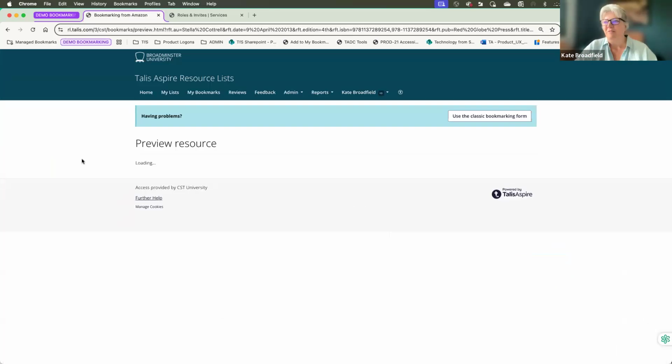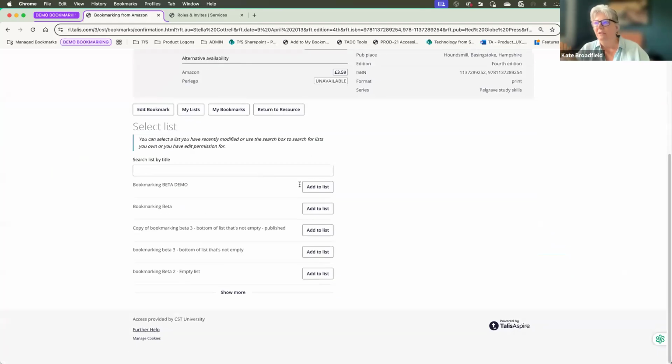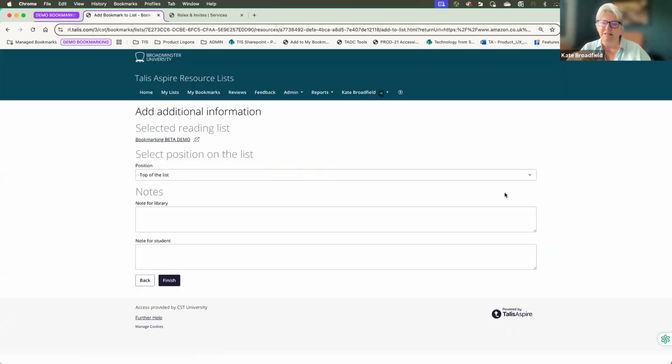Well, I love this one because when it comes up, it actually finds the one in the library. So your academic may have been on Amazon, but it pulls up the one in your library catalog, save it to your bookmarks, done. So that's the excitement part on there. All right, with that, I will end the